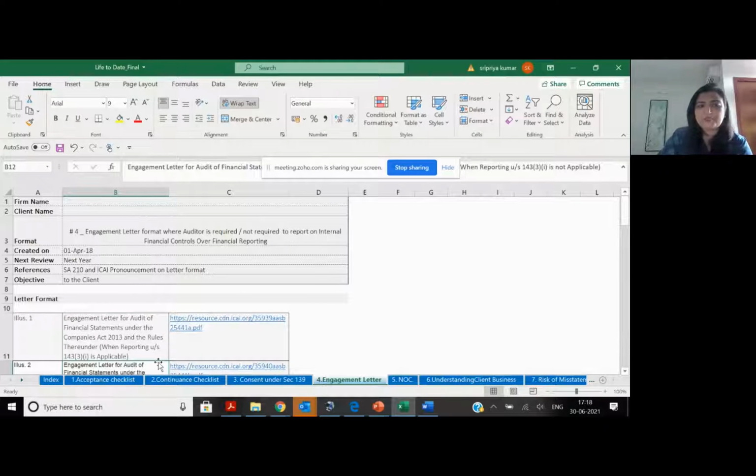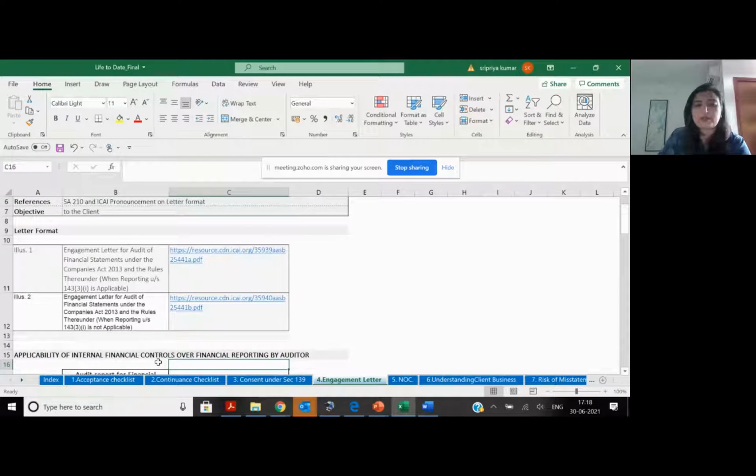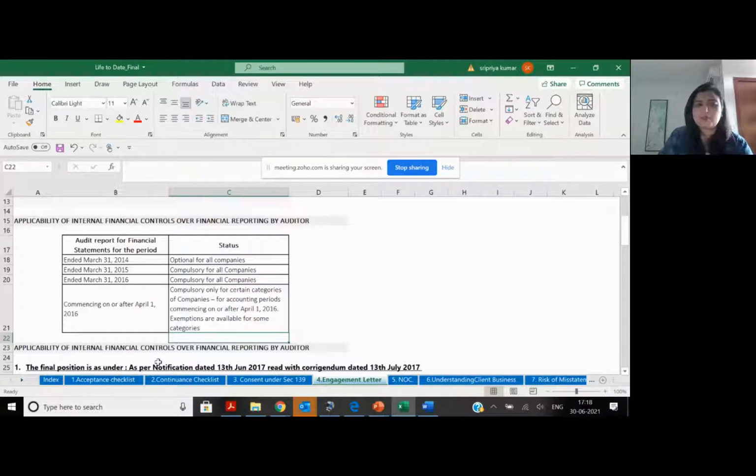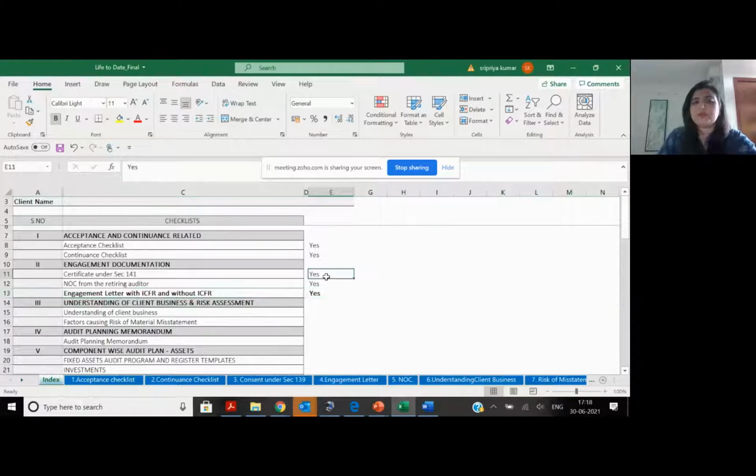If ICOFR is not there, then you get this template signed. Now, that's the most important thing here itself. You will know whether your client has ICOFR or not. The entitlement or the criteria for threshold is also given here. And in doing this, just ensure you are within the numbers which have been specified by the institute in terms of the number of audits that you can do.